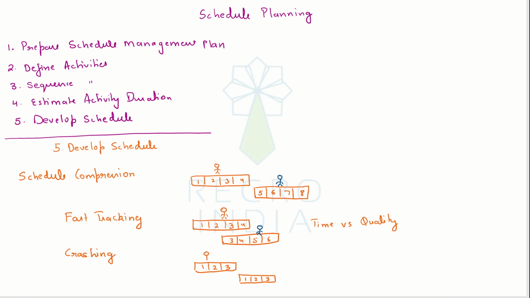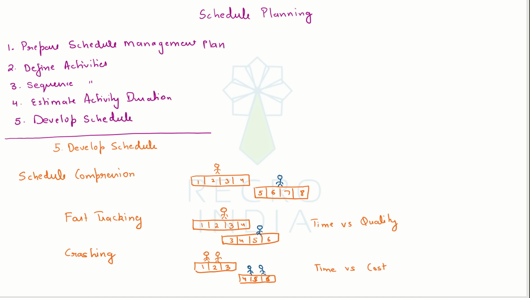And how did that happen? We actually added a resource, an extra resource on both the activities, which helps us to reduce the duration. And this will actually be, we can call it as 4 5 and 6. So now once again the two activities take 6 days. However, this time the dependencies were maintained and we traded off